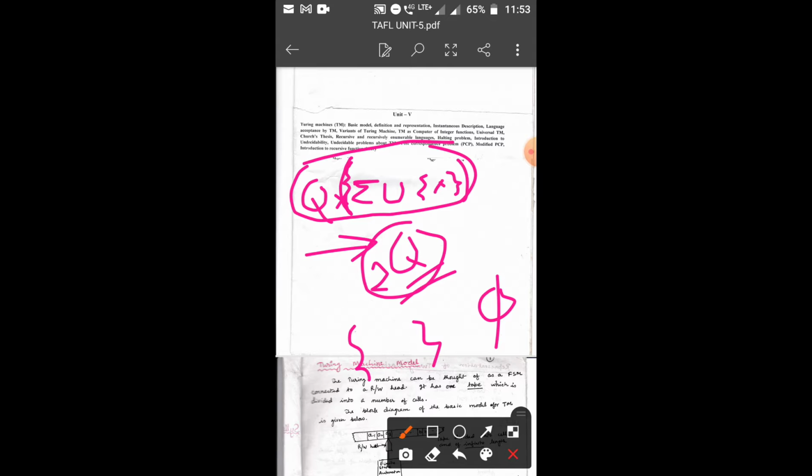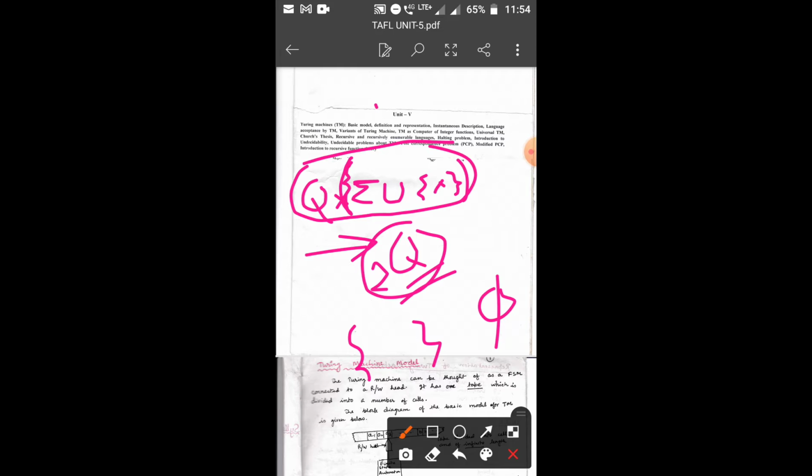Mostly we take exams in written form, so we should be clear what to write on the copy, and every time people are confused whether to write within curly braces or square brackets or without any bracket.